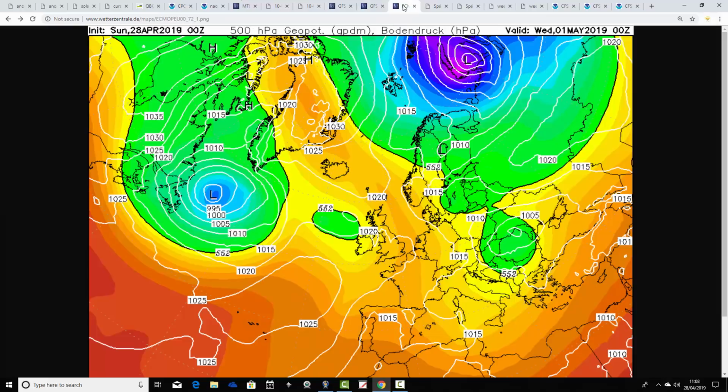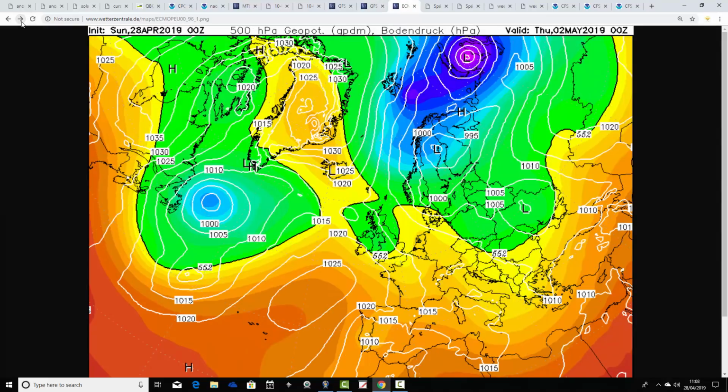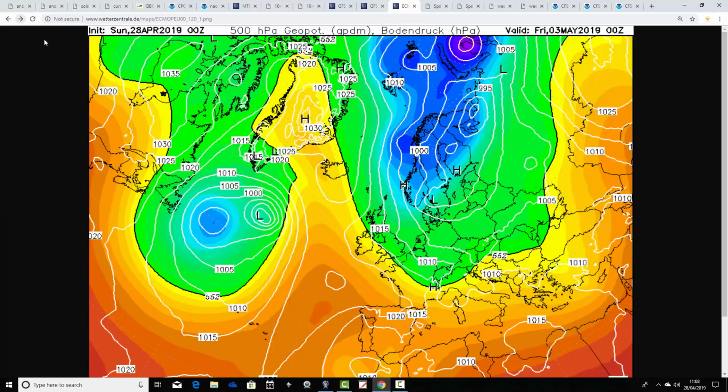ECMWF, again, we've got a bit of a showery day coming up on Wednesday, but then we go through to Thursday and Friday, we get more of a northerly actually with the ECM. Notice how much further north and west the ECM is with that area of high pressure. It's kind of like centering it